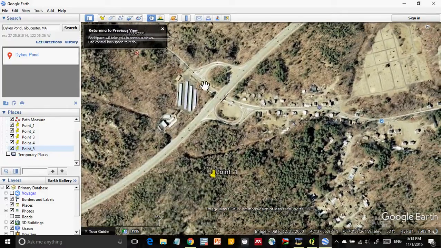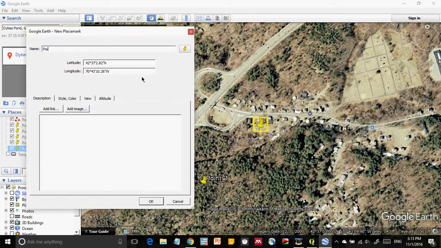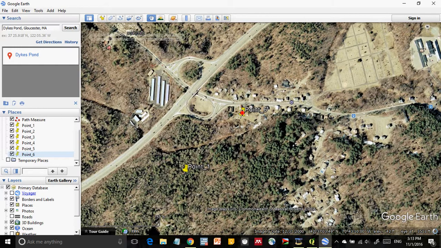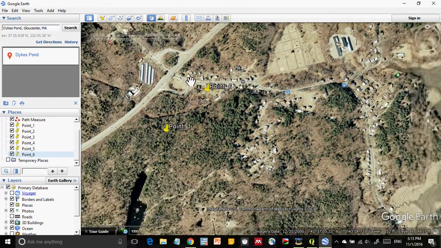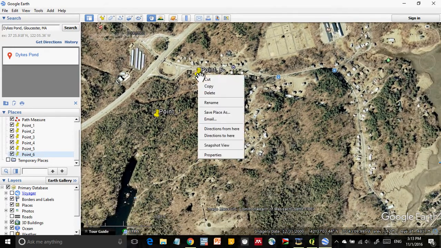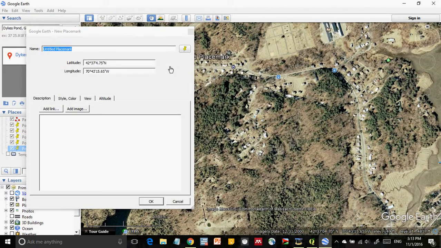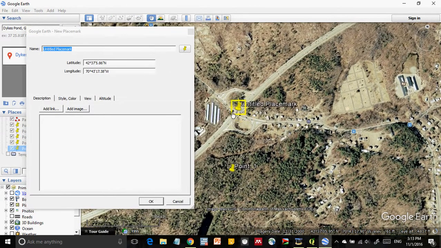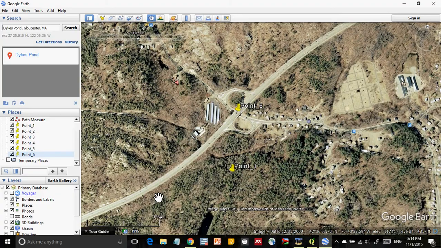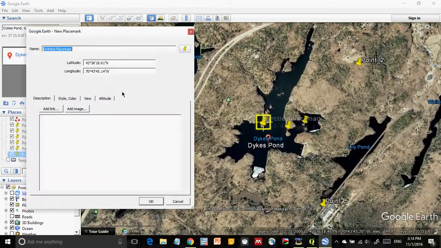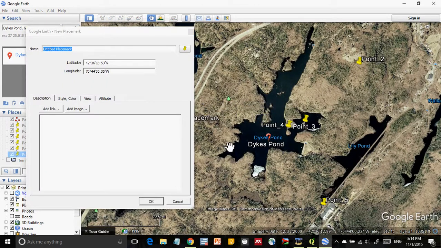is by adding a path or adding points, right? So this is something some people have used to delineate their watershed. So if you just say you wanted to do it here, you could have this be, let's see, point 1, like another point, point 2, right? And these will actually give us the coordinates